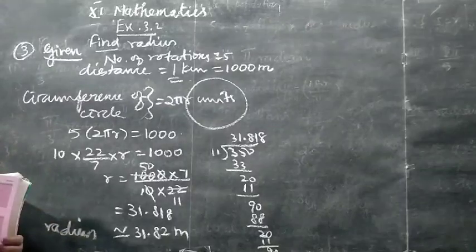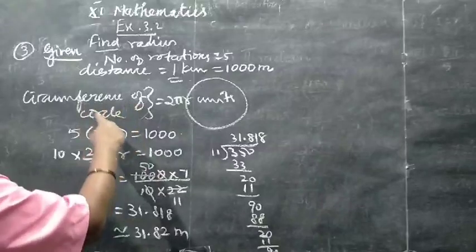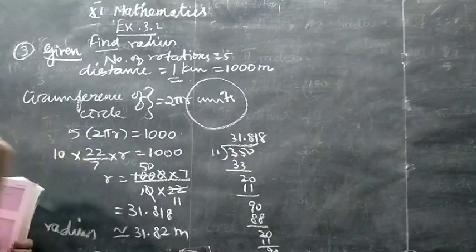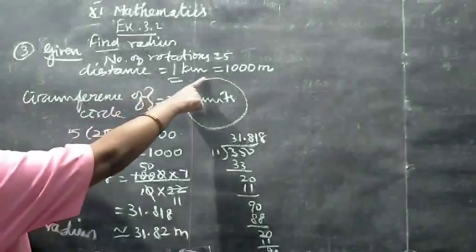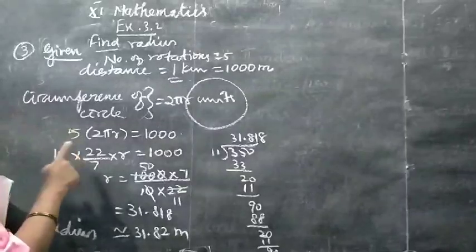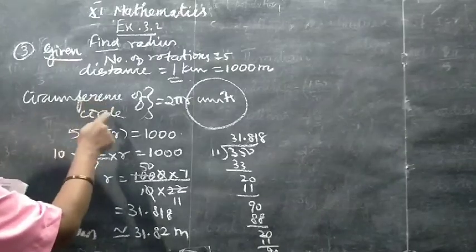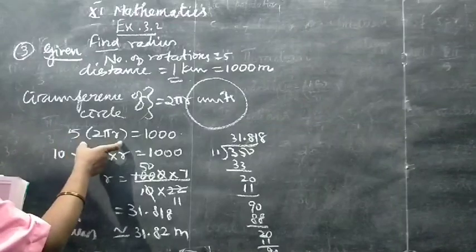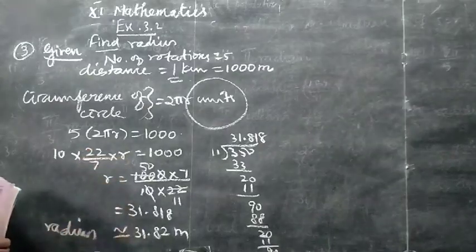See, one athlete is running the circular path 5 times. One time we know that the circular path circumference is 2πr. If he runs 5 times, it covers the distance of 1 kilometer, it is given in the question. 1 kilometer is nothing but 1000 meter. Okay, we convert here itself. Number of rotations 5, distance covered is 1000 meter, and we are going to continue the problem by taking this left hand side as 5 into 2πr. Just circumference means 2πr. Since the word problem gives the data that 5 times the circumference is equal to 1 kilometer, that is 1000 meter. If you simplify, you will get the answer for radius.